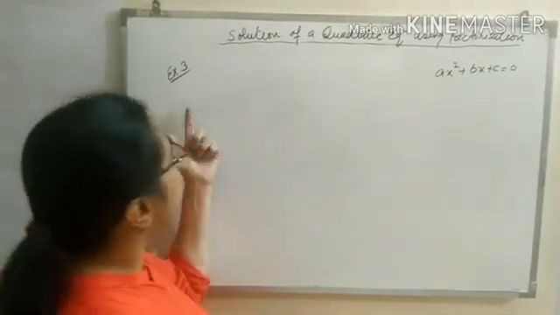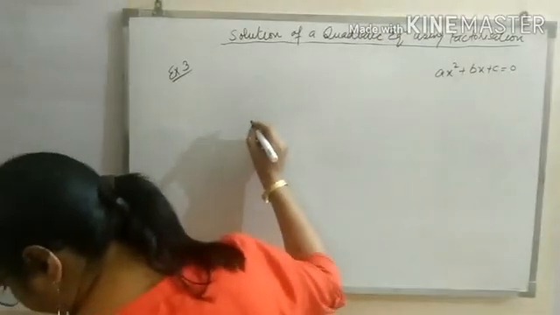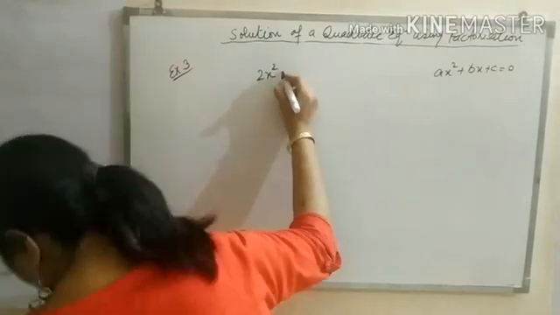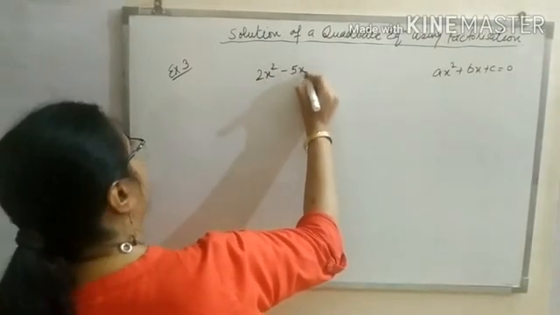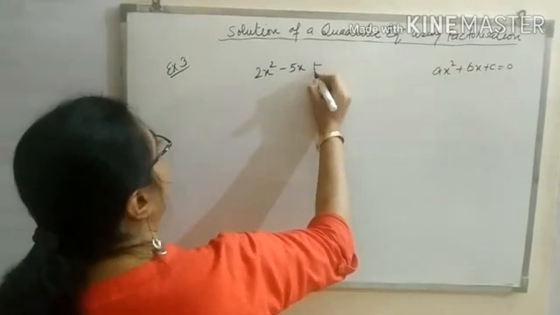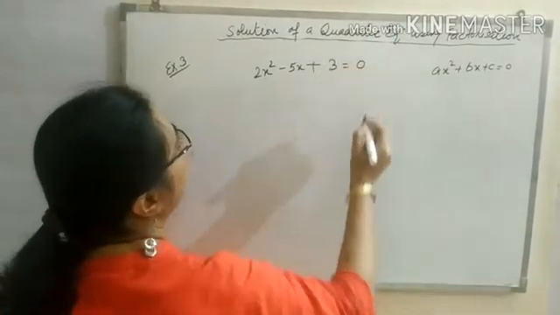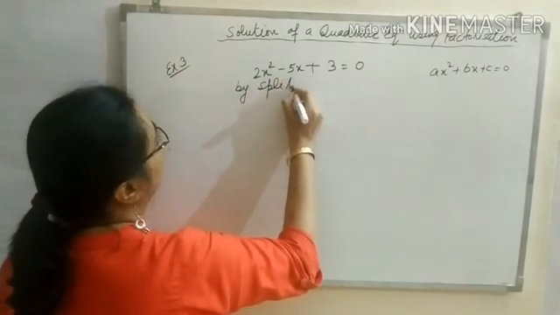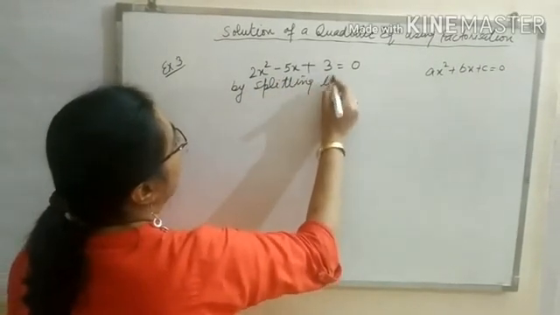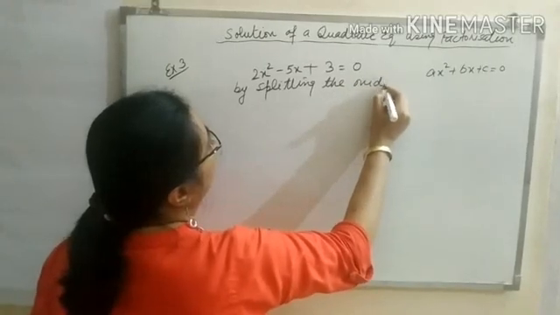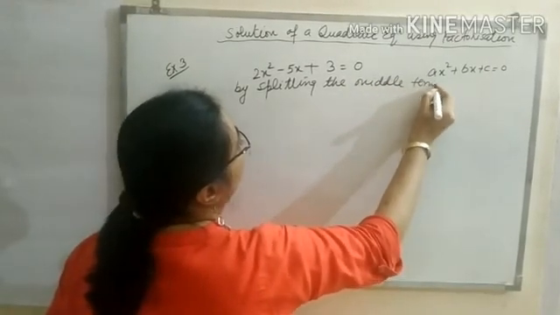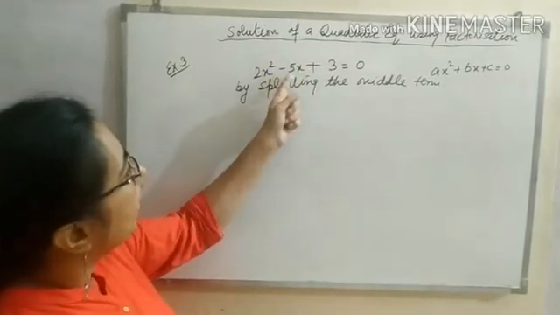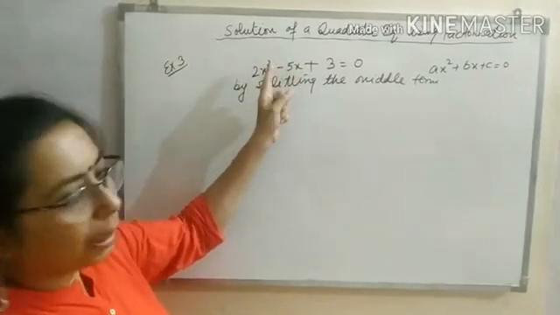So let's start with example 3. You have to factorize and find the roots. 2x square minus 5x plus 3 equal to 0. We have to solve it by splitting the middle term. By splitting the middle term means we have to split this middle term 5x such that it should have 2 factors, and those 2 factors,